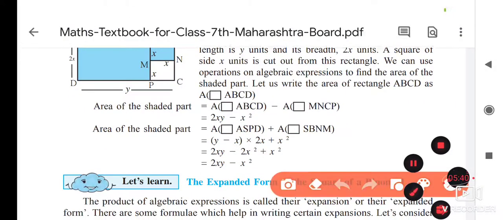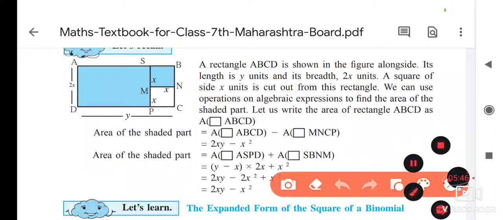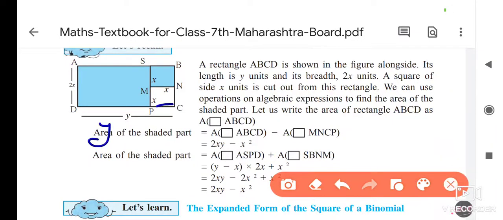Now how are the values put here? What is the length of ASPD? Area of rectangle is equal to length into breadth. So the total length is y, and from this y we have to subtract x. So here the length of ASPD is y minus x, and its breadth is already given, that is 2x. And as MNCP and SBNM, these areas are the same, the area of SBNM is also